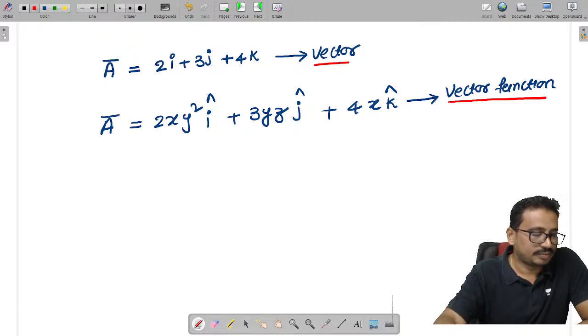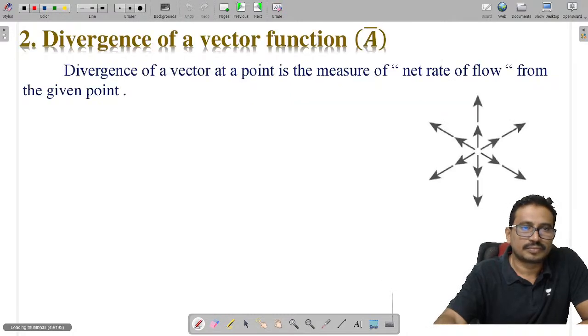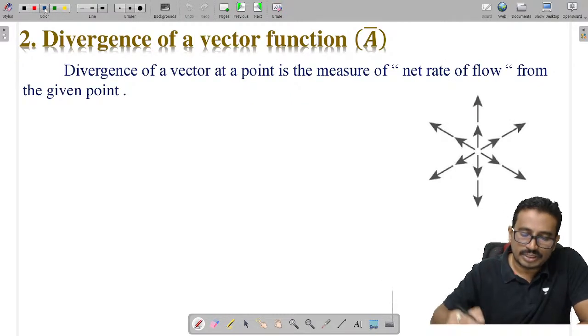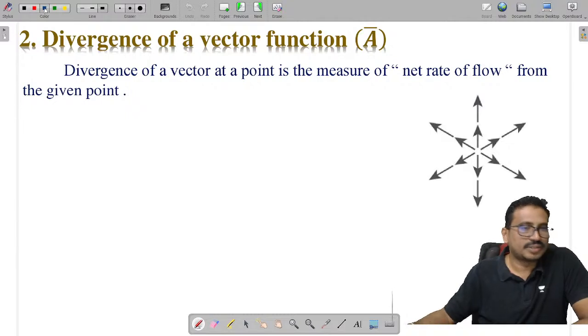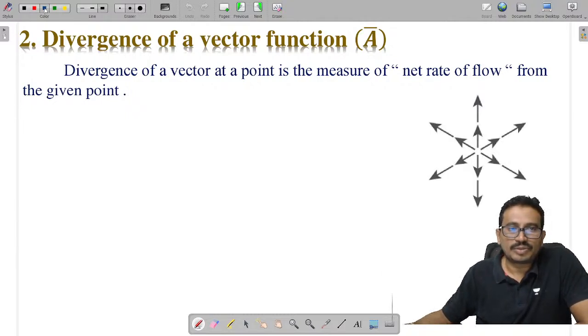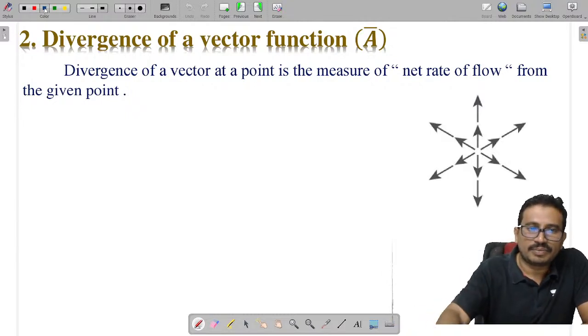Chalo. Now let's talk about the divergence. Let's talk about the divergence. And